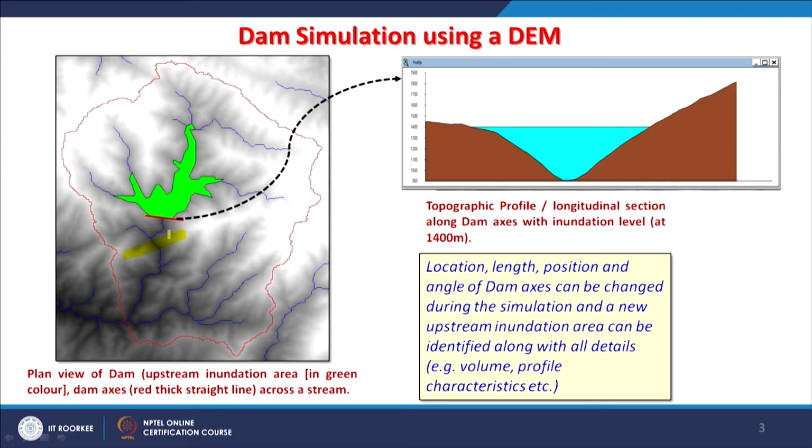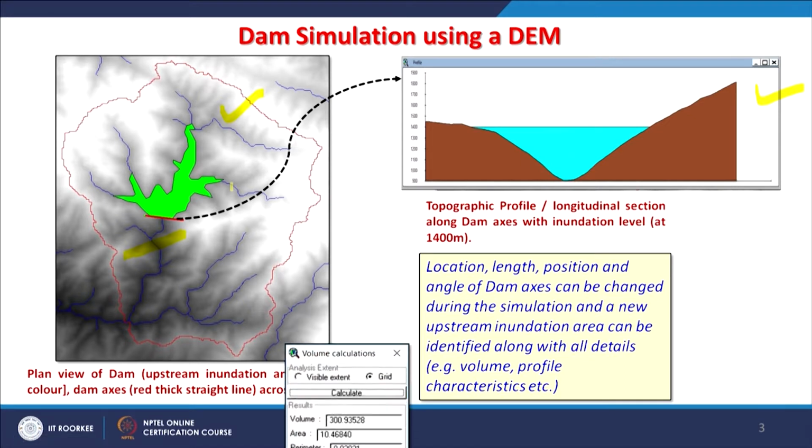So, here what we are seeing is that even if I change the height of the dam, the size will change accordingly, especially the inundated area. On the right side what you are seeing is a topographic profile, that is the section view or profile view, and here you are seeing the reservoir in plan, in 2D. So, everything becomes very clear with simple simulations like this.